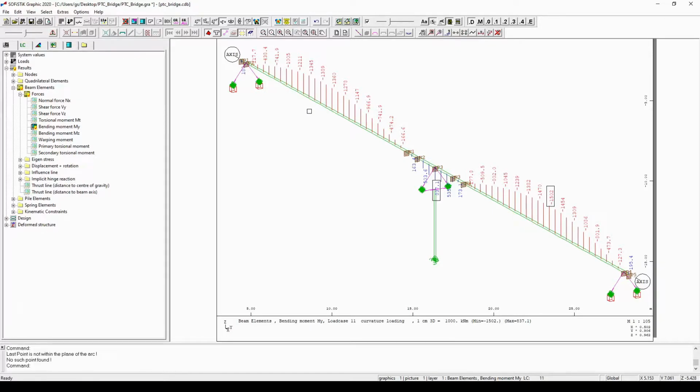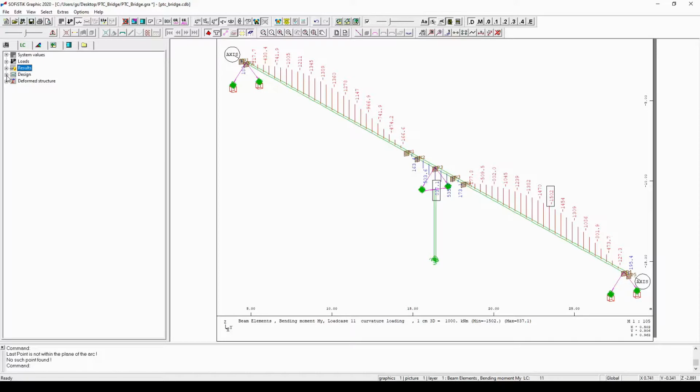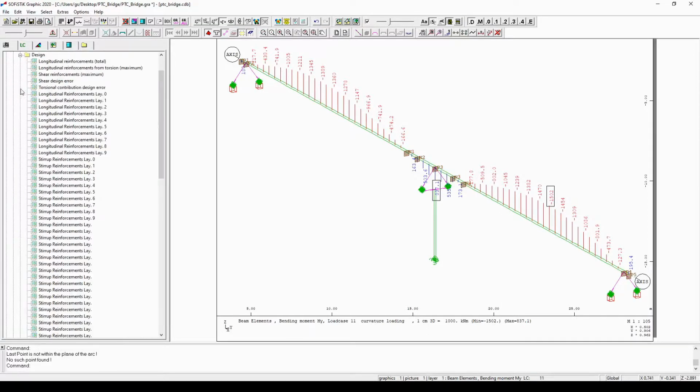For now, I just want to emphasize that basically what we are reviewing is the results that have been stored by module ASE or module CSM in the database. And if we remember, after the linear analysis, we undertook the design. So if I now go ahead and choose the design chapter or entry and choose the beam elements and select the design, for